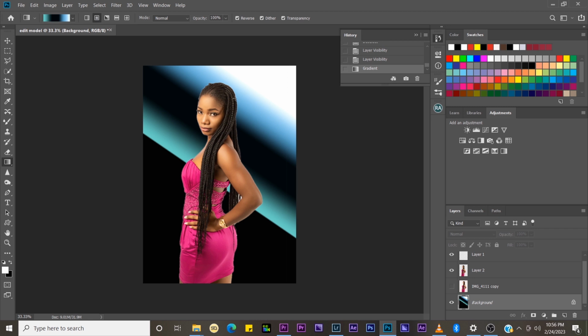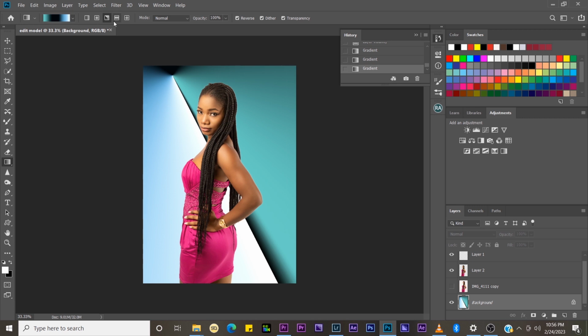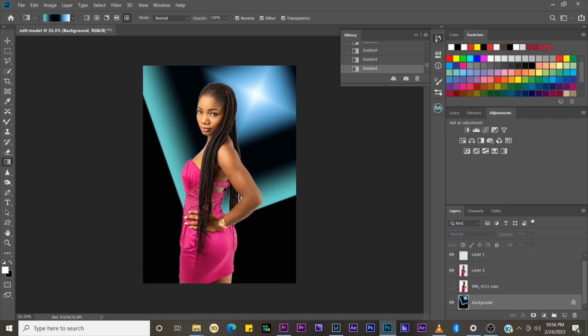Click it, it creates a radial gradient for you. And this is the angle gradient. So different gradients you can use to create an awesome background. Also, you can as well use it